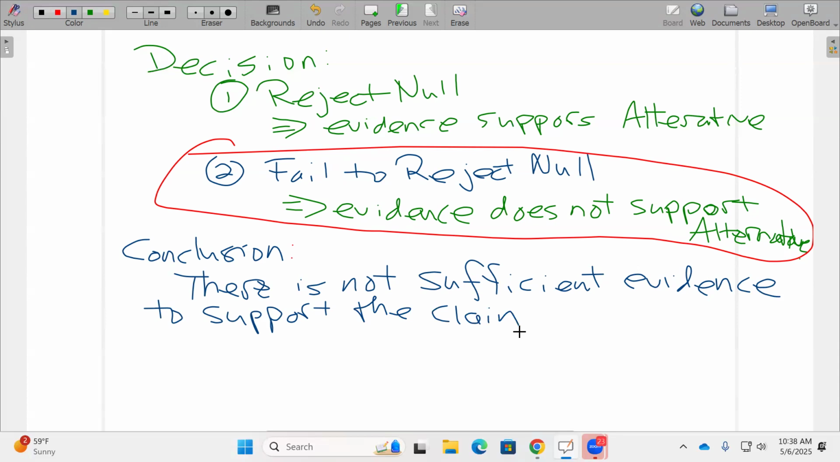And the conclusion is always the same framework. There either is sufficient evidence or there's not. And then you state what the alternative hypothesis was. Okay, so in this case, there's not. And the claim is that community college students